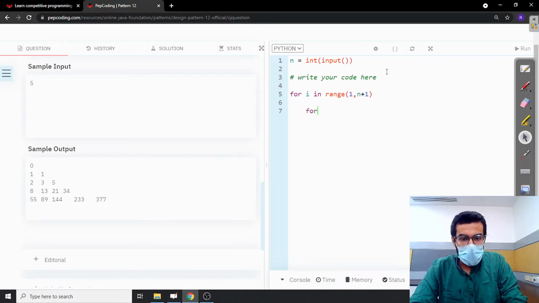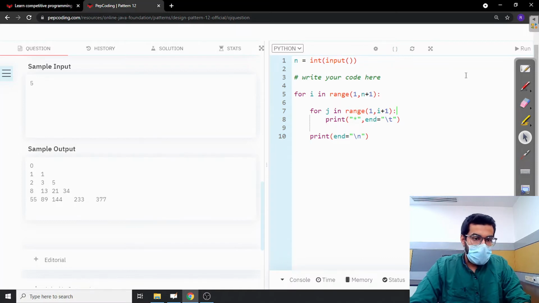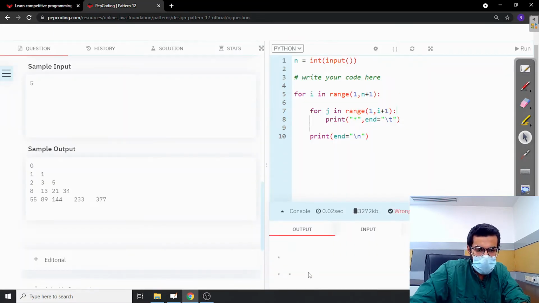Now we will be going inside our magic for loop, which I have discussed in the magic pattern concepts. Till i plus 1, we are going to be printing the star. This star got printed and it will be ending with a tab each time. Once we are out of this for loop, we have to make sure that the cursor moves to the next line. And like this, our desired output will be printed. Let's run it. The answer will be wrong obviously right now because we are making a skeleton of the program.